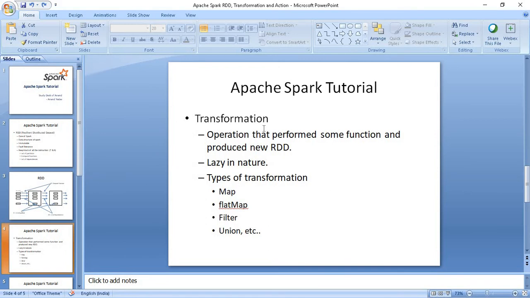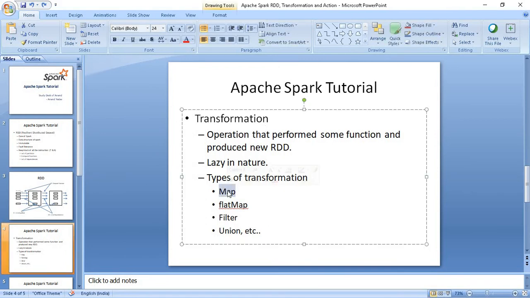For example, whenever we do any kind of transformation, whether it is map, flatMap, filter or union, a new RDD is created. Suppose RDD R1 has some data and we want to do a filter operation on top of R1. After applying this transformation a new RDD is created, which we call R2. After applying the filter, the reduced output is available in the R2 RDD.